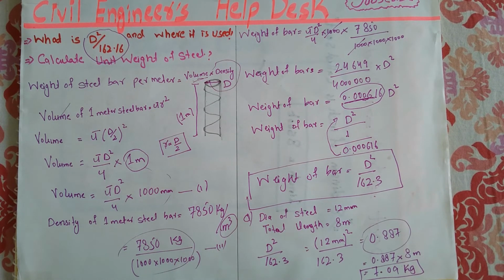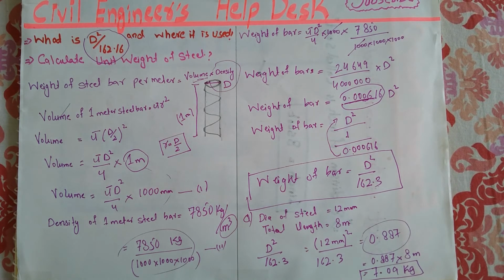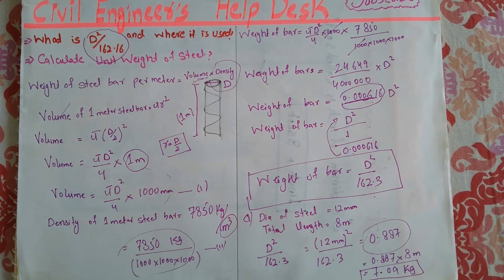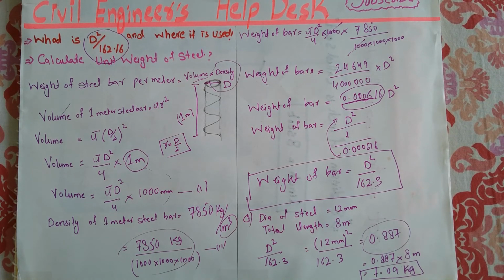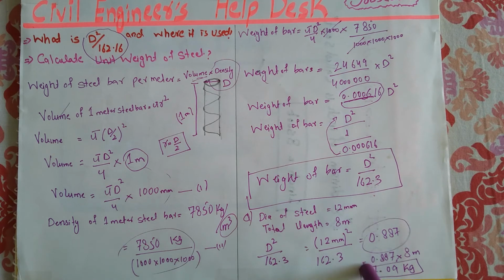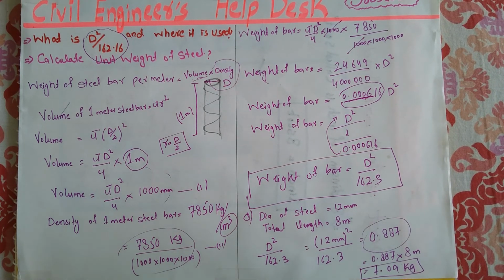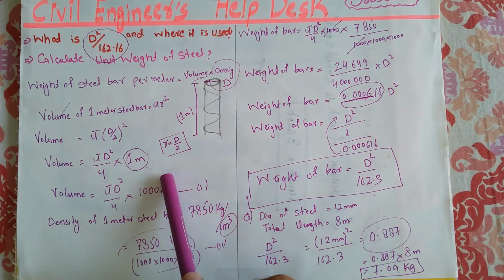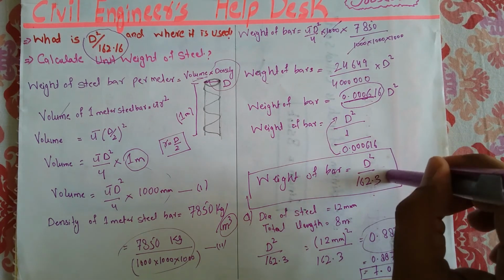This is a very important formula that engineers must know, in interviews and on site. If you are working on any site, especially with steel, and you have to cut the steel for construction activity or for fixing of steel, and you do not know this formula, you will fail. You cannot work on site. So viewers, try to remember this formula. Even if you do not remember the derivation, no problem, but you must know this formula.